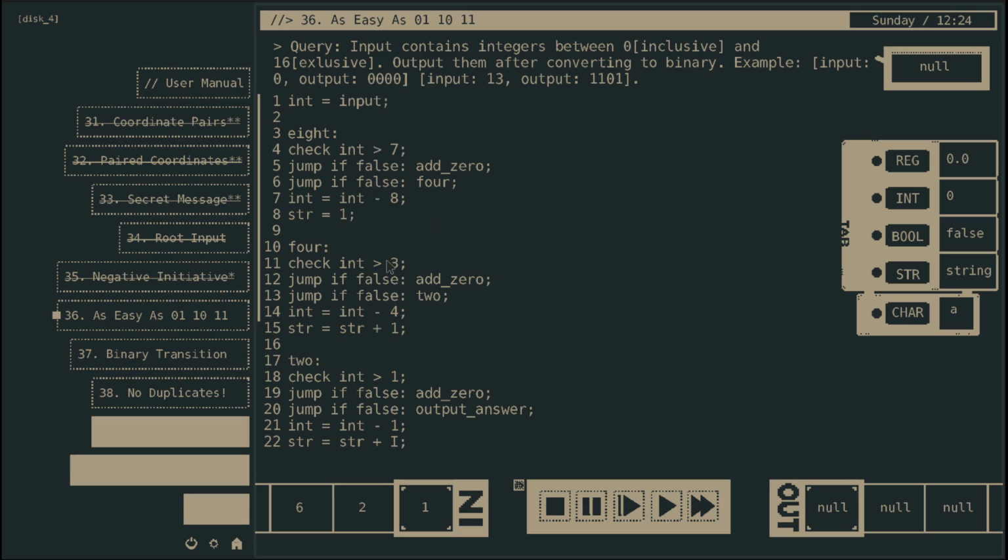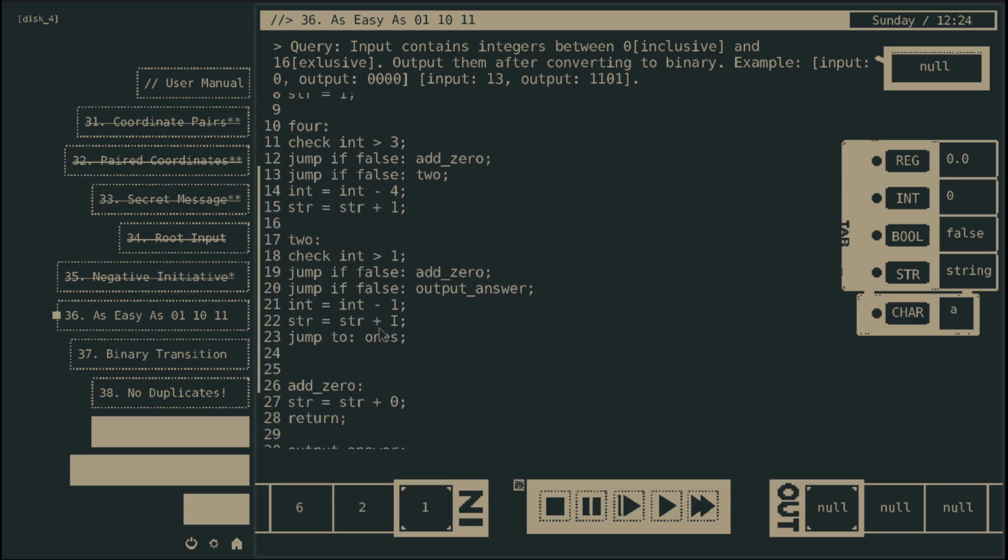And then if it's greater than 3, so it contains a 4 beyond that point, then we add a 1 here. If it's greater than 1, then we add 1 here. And then we need to do 1s as well. String plus 1. And then